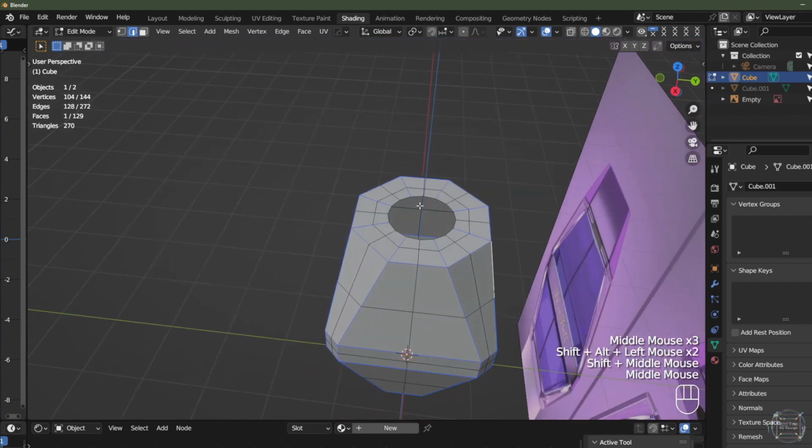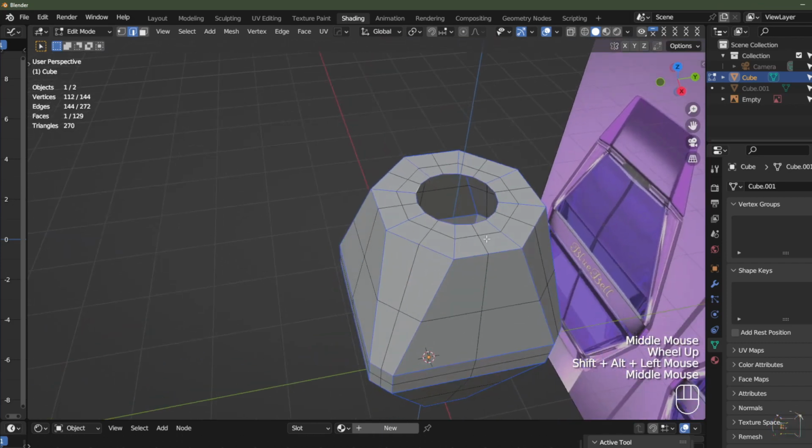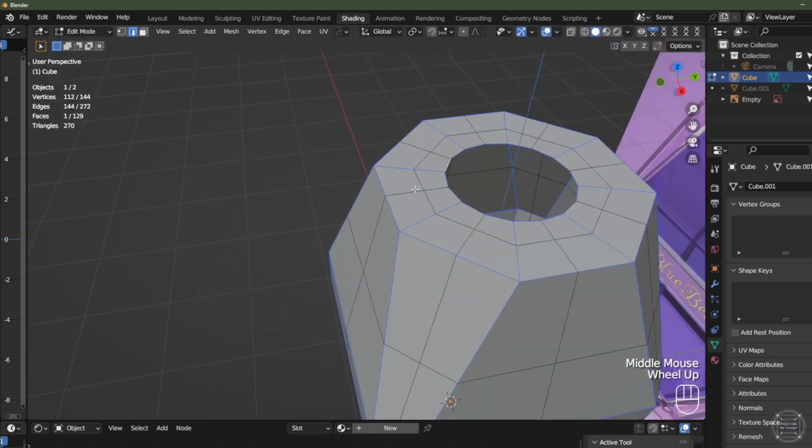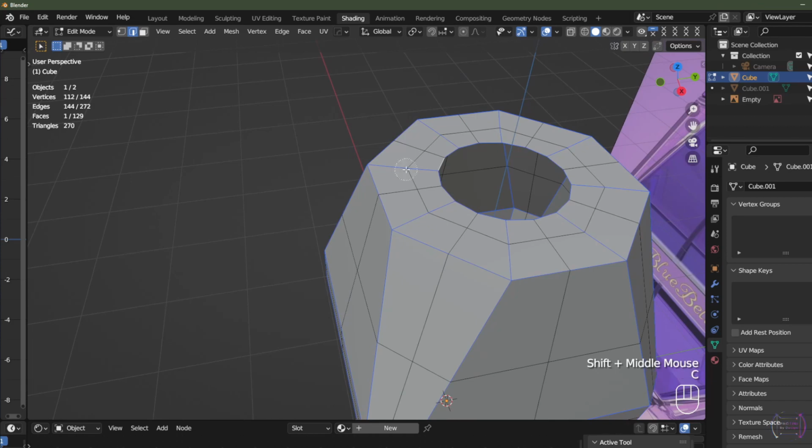I'm also going to select the inner edge loop. Now it's obviously selected these top ones, so I'm going to circle select and deselect them. I've actually got this mapped to a button on my mouse, but usually it's mapped to the middle mouse click. So you push C, middle mouse click, and so on, and that will deselect everything. If you just normal click, then it adds to the selection, whereas middle mouse click will take it away from the selection. Once you've done that, you right click,